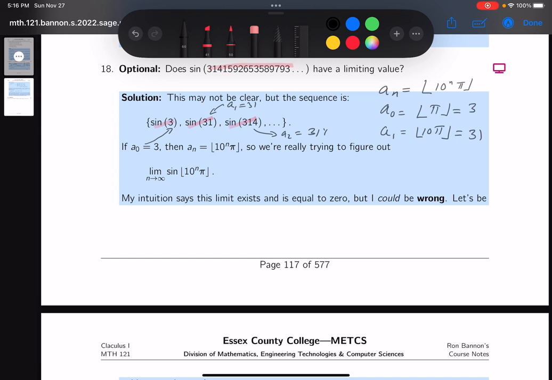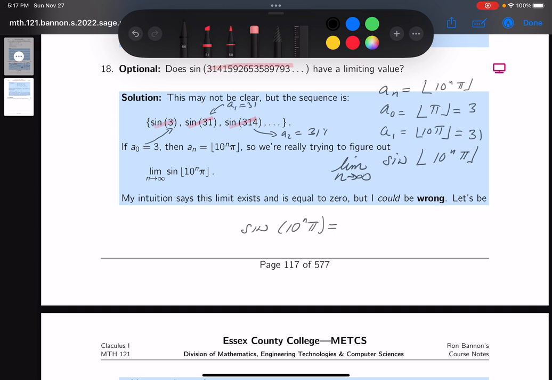So really what we're asking you to do is a crazy looking limit, by the way: the limit as n goes to infinity of the sine of the floor function of 10 to the n pi. Now, granted, the emphasis here is n is some integer, like 1, 2, 3, 4, right? I get some intuition over here. If I were just looking at the sine without the floor on it, I'm pretty comfortable that my reasoning is that,